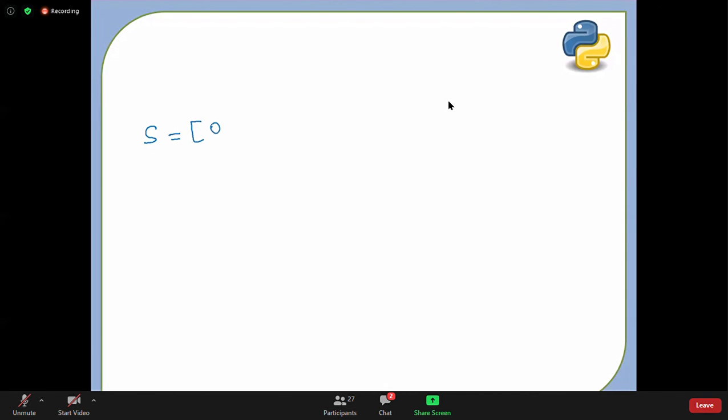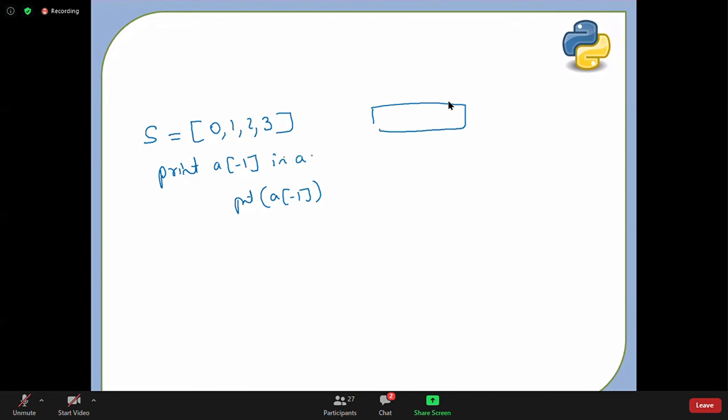Suppose you took 0, 1, 2, and 3. Now you are saying print a of -1 in a. And print can be in aptitude questions, guys, it can be asking some MCQ questions. So what is happening is, this is an array, right? You're copying that into another array getting created, imagine, and you're copying the first value into the last index. So 0 will be copied here. So you're printing that 0 here now.